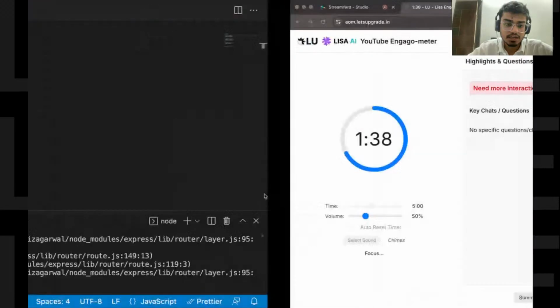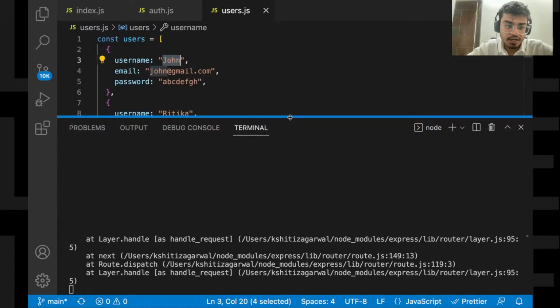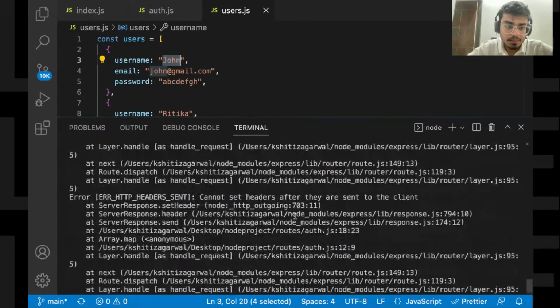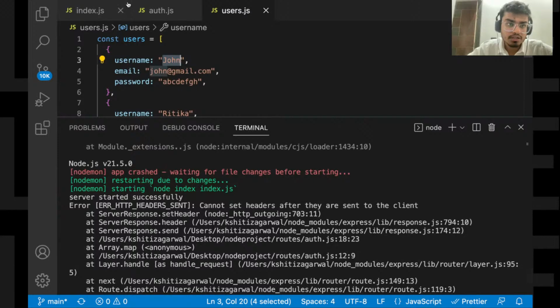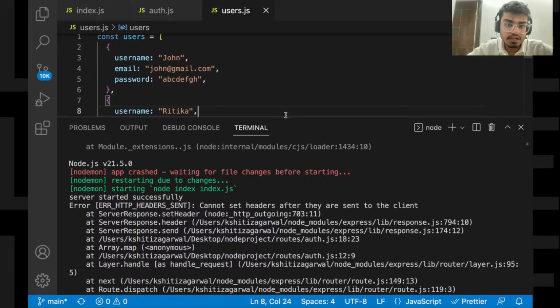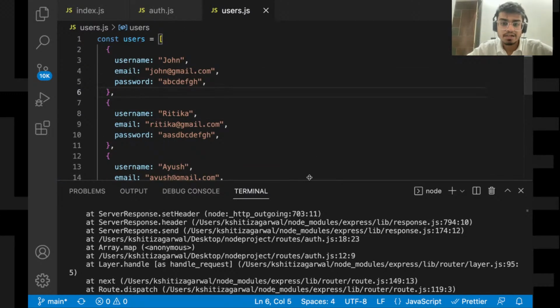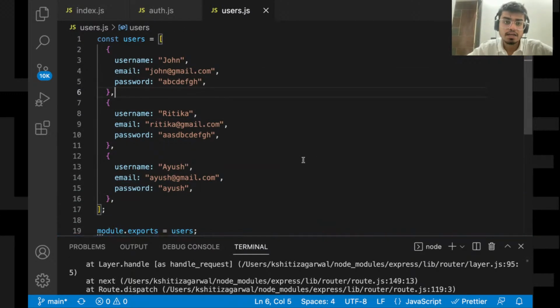Now let's see our users. In users, I think we cannot directly push a new user. That is one thing: we cannot directly push a new user over here.